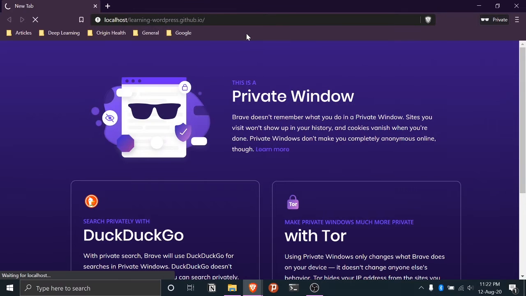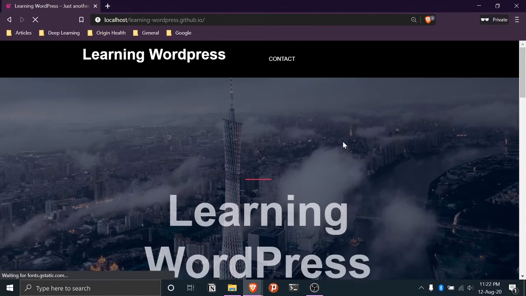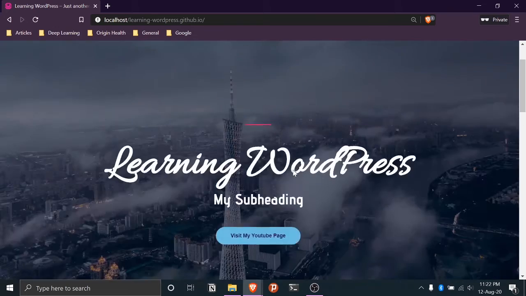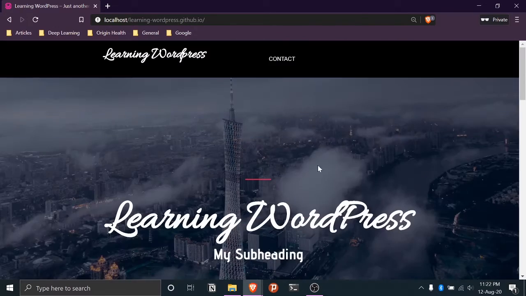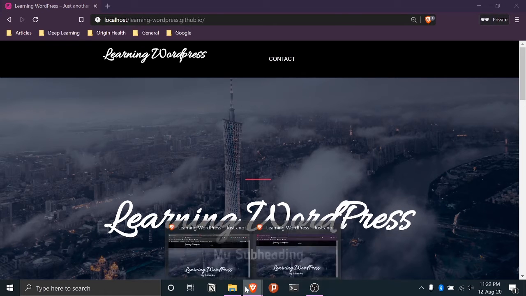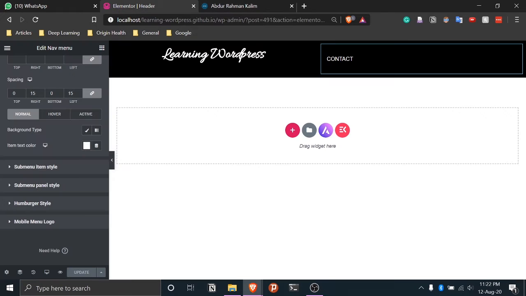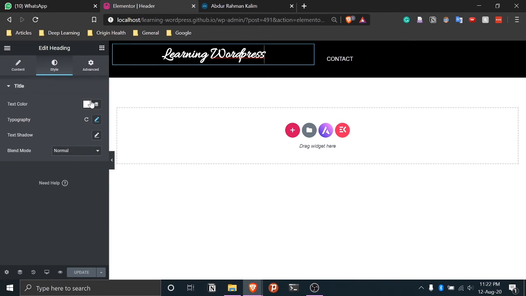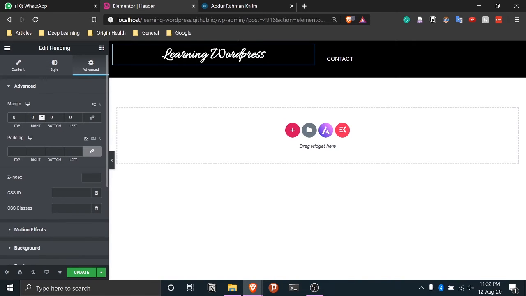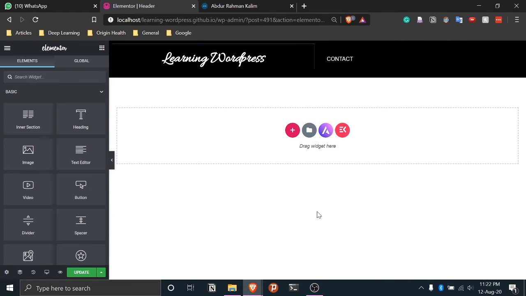So here we'll open this website. Now you can see that the bar is gone, so you can see how exactly it will look when somebody else opens this. Okay, if you see, these are not really aligned; this is a little raised compared to this. To counter that, we'll go back here and use the margin feature. We'll turn this off, and then on the top side we'll increase this, so that they both become aligned. Now they look pretty aligned, and I think this is good enough.